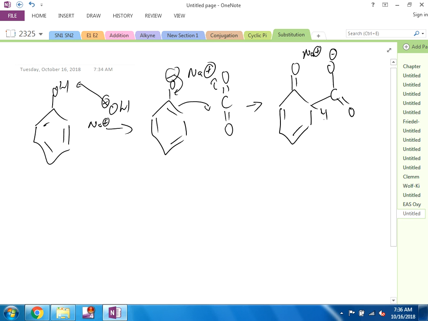So after electrophilic aromatic addition, then you go ahead and do what? On these mechanisms, electrophilic aromatic substitution is what? Addition followed by elimination right there, right? Okay. So we'll go ahead and eliminate this hydrogen here. We have enough base to pick up that hydrogen. Okay, and when we do this, initially,